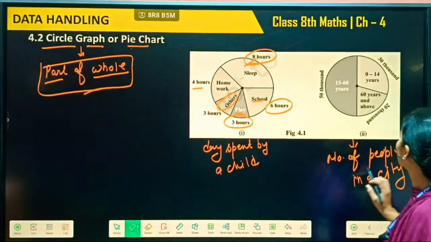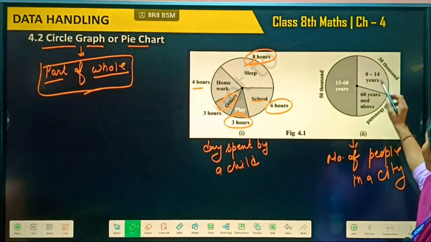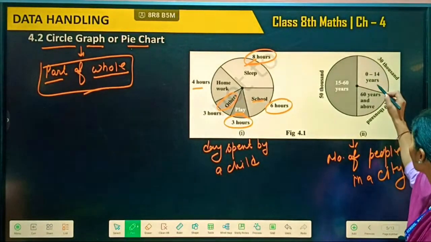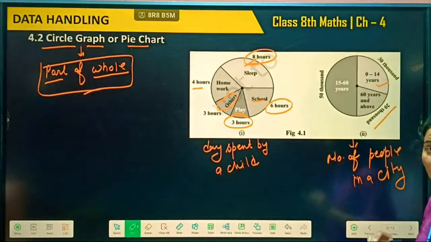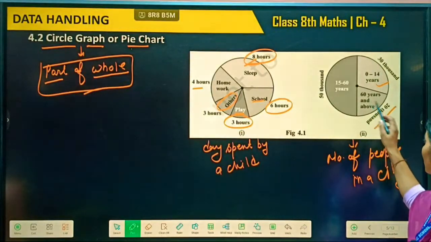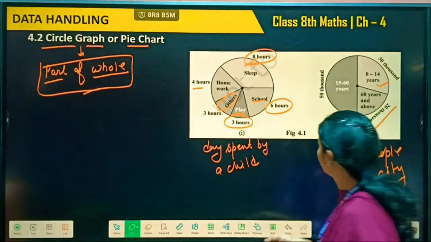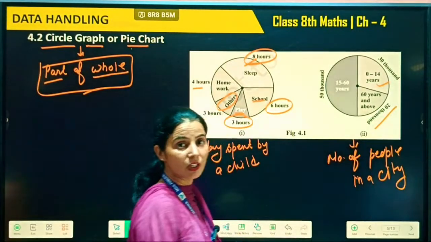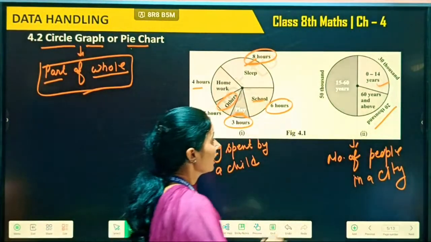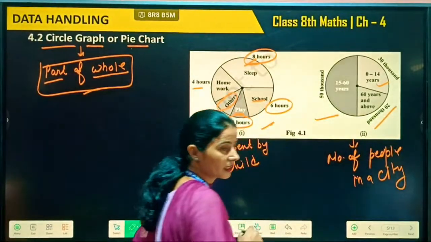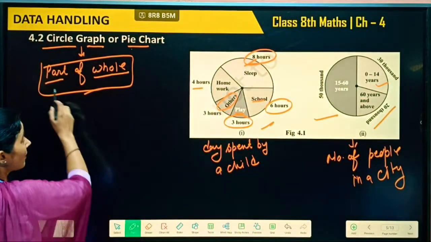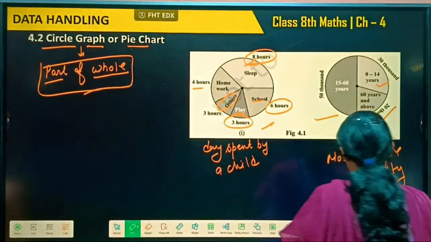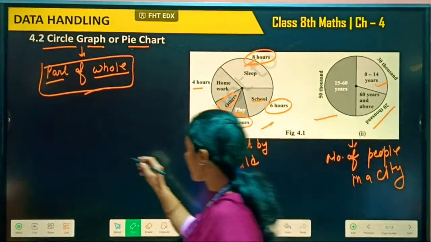And there, see, 30,000 people are there in a city whose age is between 0 to 14 years, and there are 20,000 people whose age is 60 years or above. And there are 50,000 people whose age lies between 15 to 60 years. So this circle graph is used to represent a part of a whole. So 3 types of graph we studied: